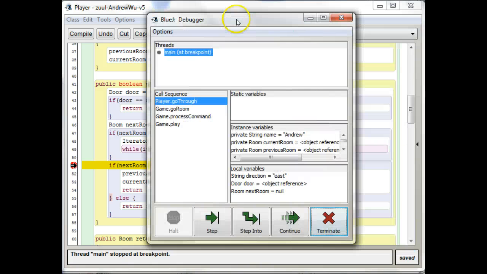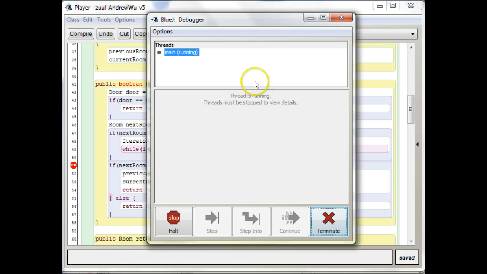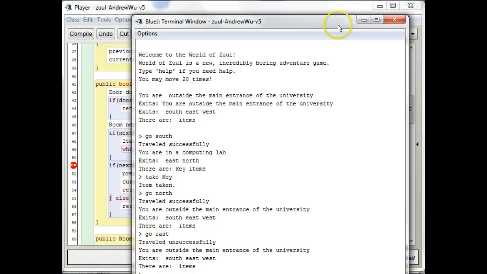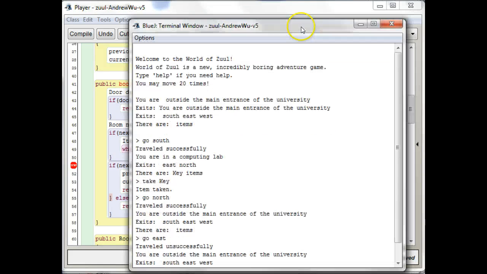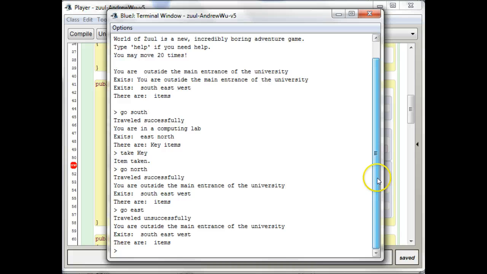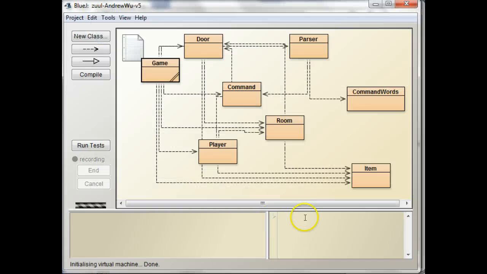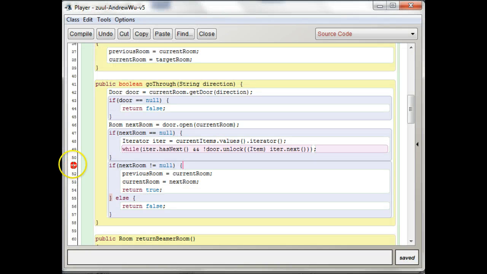So if I say continue here, we're still, let me make this a little smaller. See, we traveled unsuccessfully here. So I am going to terminate this session, and let's go ahead and stick that in here. So now what we can do is say,